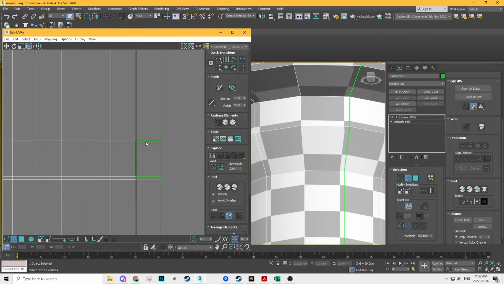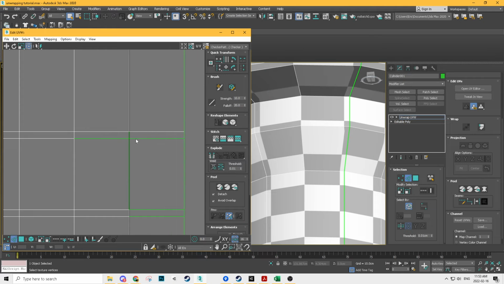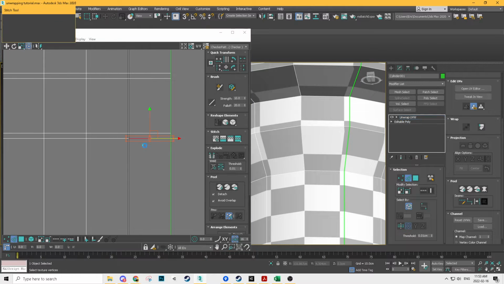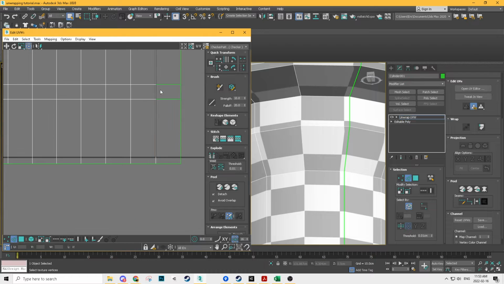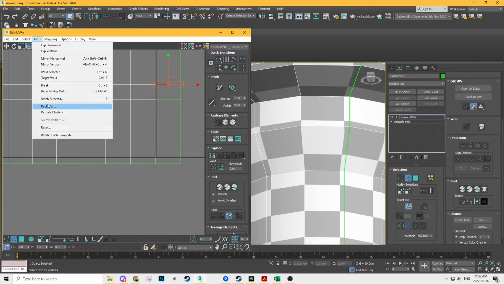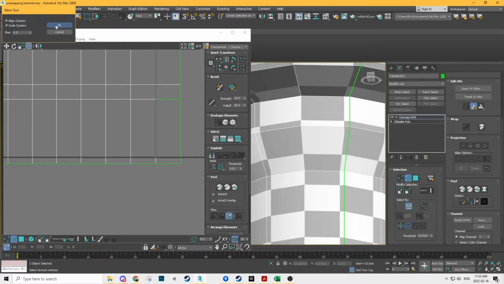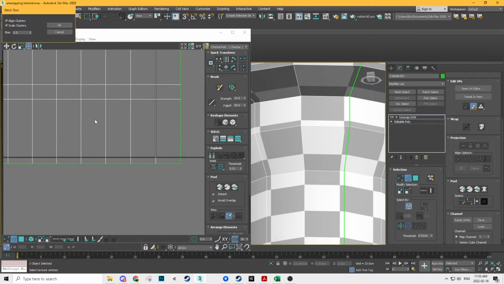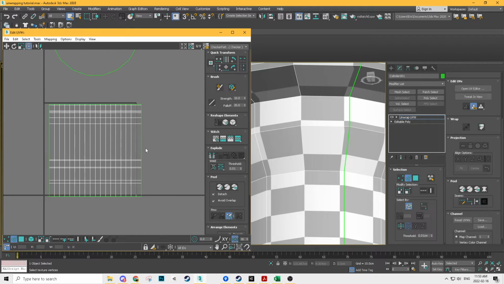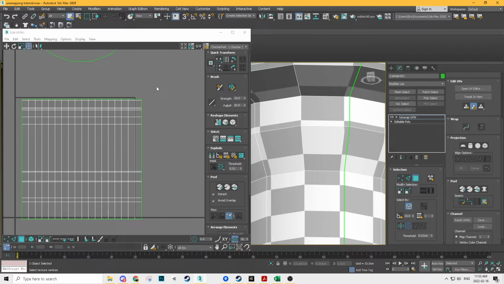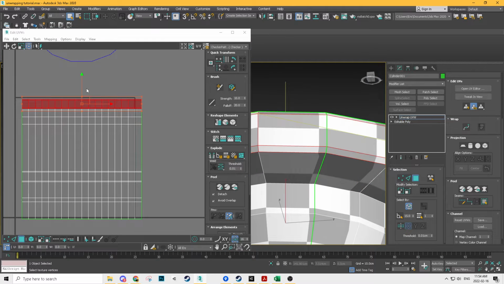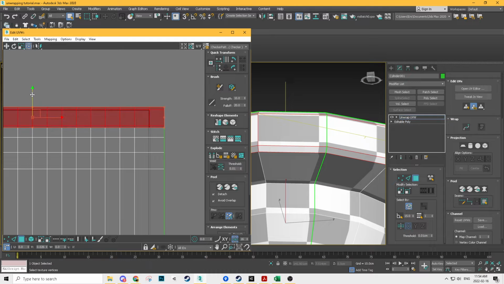You could do a weld as well, but I like to use this one just because this is a good tool to learn, so I like showing it because you're going to use it a lot. But you could also select the vertices and weld them. There's different ways of doing it, but again, Tools, Stitch Selected, and then just hit OK or spacebar. Tool, Stitch Selected, spacebar. Yes, this is time consuming, but the nice thing about this is now when we go into here and we select all of these ones and we move this up, it's not going to create any weird